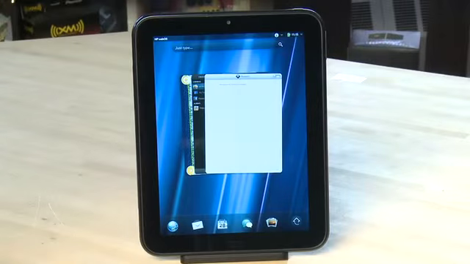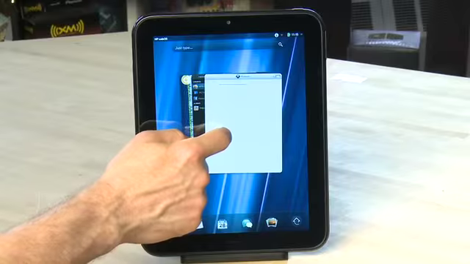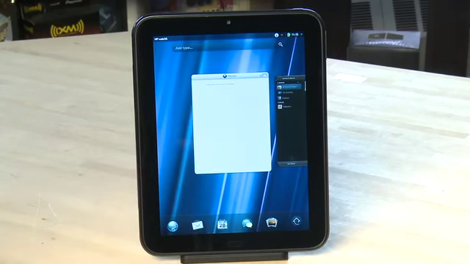You can remove something from the stack again by pressing and holding on it and then swiping it to the side, and then it'll become its own stack again. When you're done with an application, you can tap on it and swipe it up, and then it'll disappear and